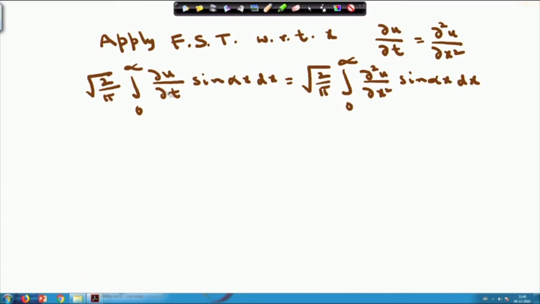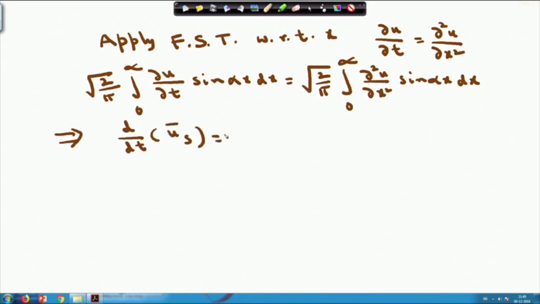Therefore, on the left-hand side, ∂/∂t can come outside, and the integration is 0 to infinity of u sin(αx) dx, which from the definition is ū_s. So this implies d/dt of ū_s